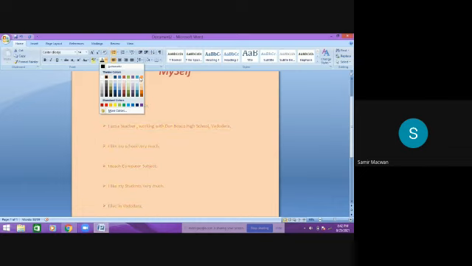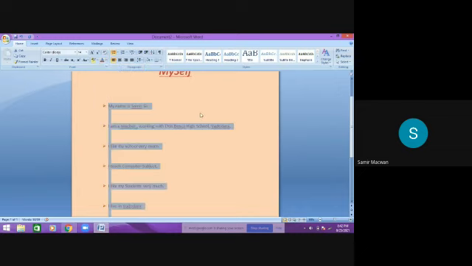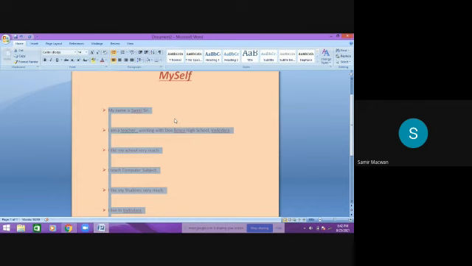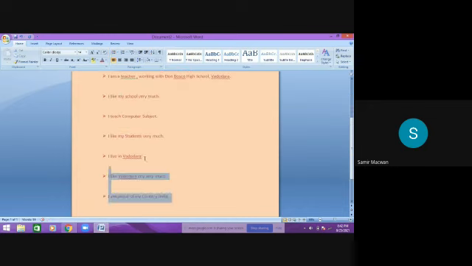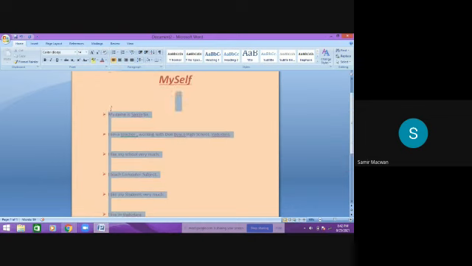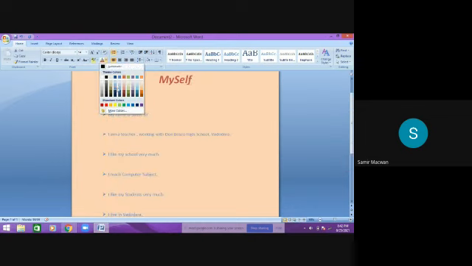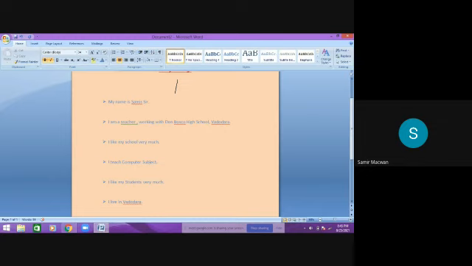This is better. Then the title color and this color will be same. I don't want that. So I'm again selecting it, and making dark blue color. This is better.